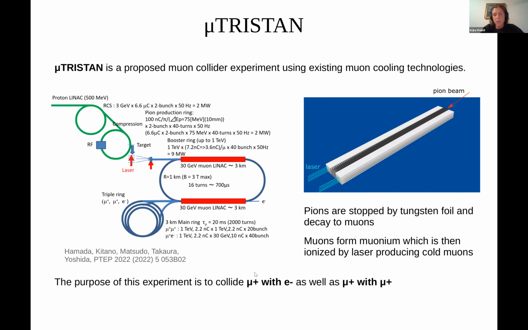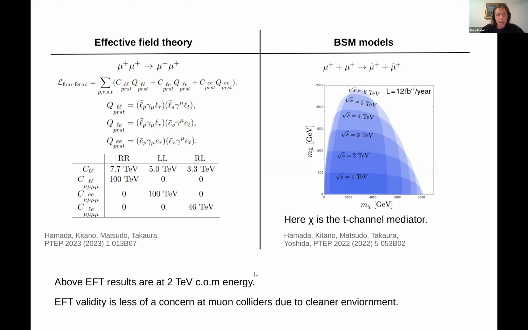So it would serve both as a positron muon collider and a muon muon collider. And the types of searches that can be performed are both the EFT searches that I talked a bit about earlier regarding lepton number violation at LHC, but you could also search, like at LHC, for any kind of models. As an example, here is shown dislepton production, or muon maybe, which they would be able to probe around a few TeV masses at mu Tristan.